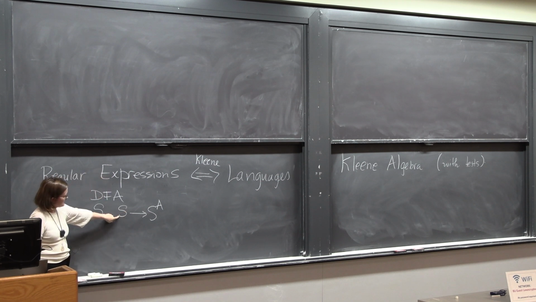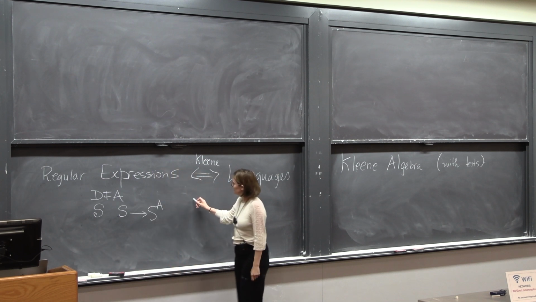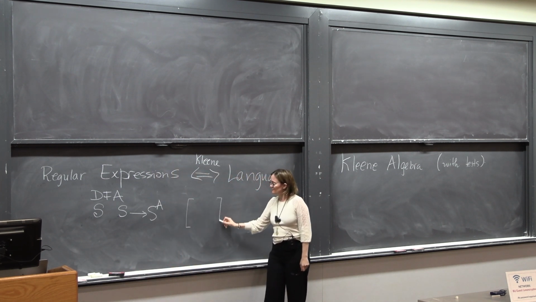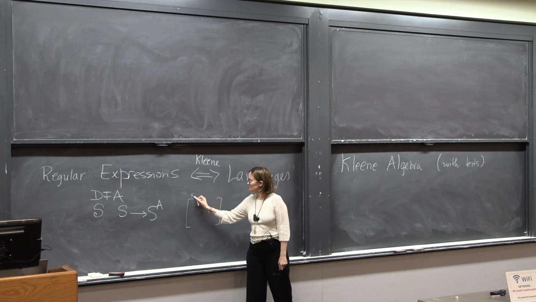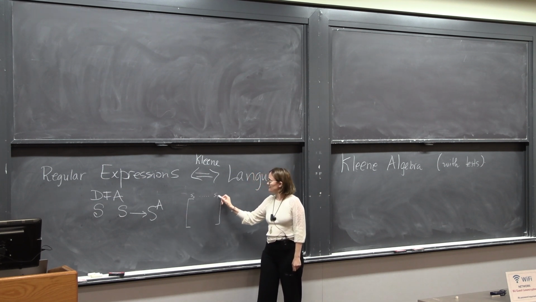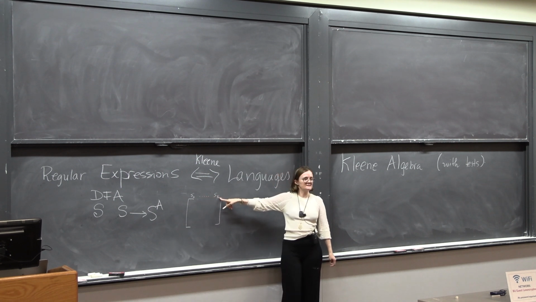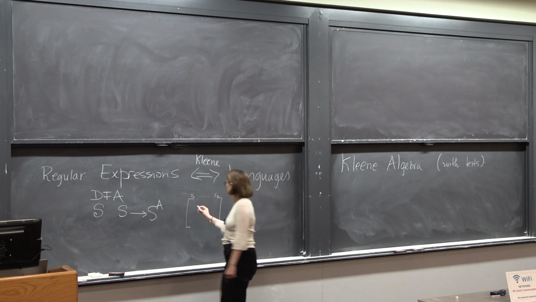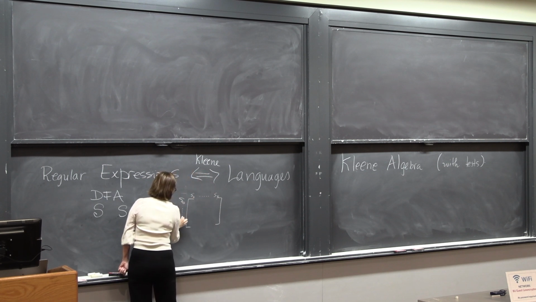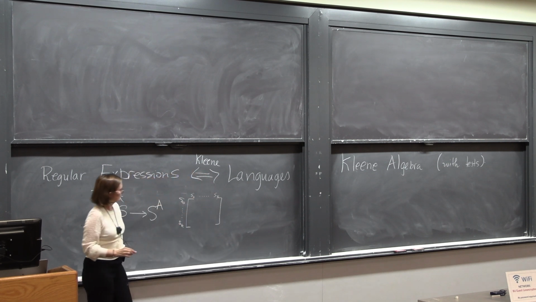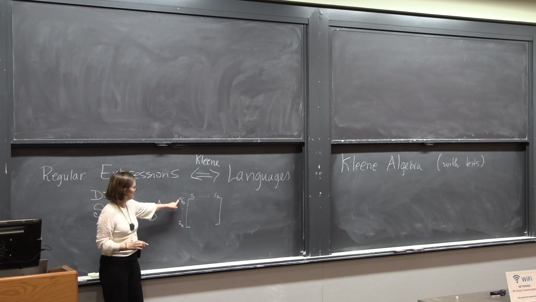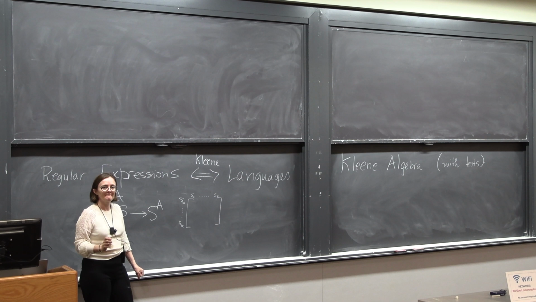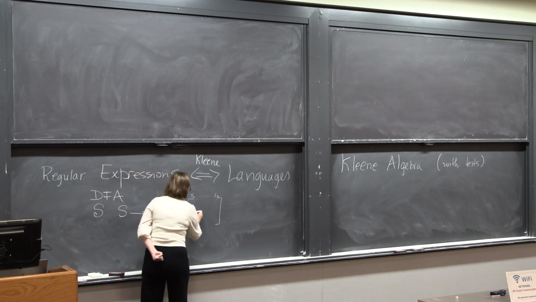Now, there is a way to see this transition function as a matrix. Namely, I can have a matrix. The states are finite, so I can write down a matrix where I write down all my states. Let's imagine I have k states. So I write this square matrix, and I think of every row and column as being indexed by one of these states. And then when I have an entry here, i and j,